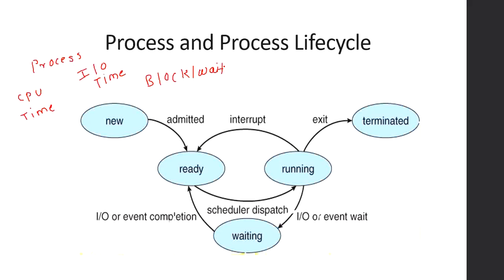Okay. Finally, when a running process finishes all operations in the program, the process will be moved from the running state to the terminated state. This denotes the exit of the process. That means the process will be transferred from main memory to the hard disk. So these are the five different states present in a process: new, ready, running, waiting and terminated.